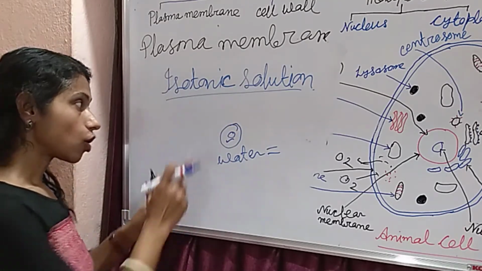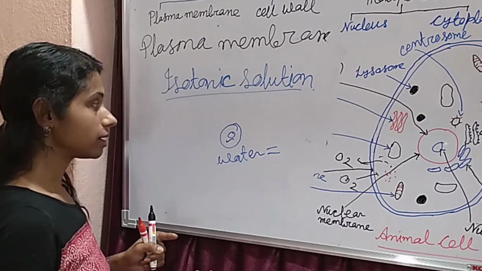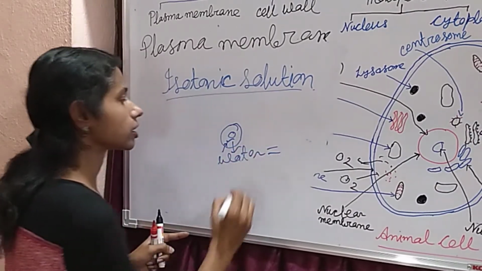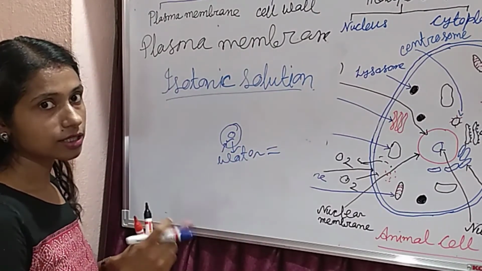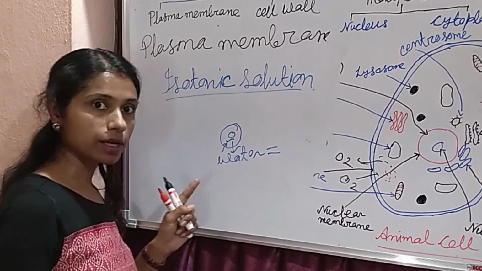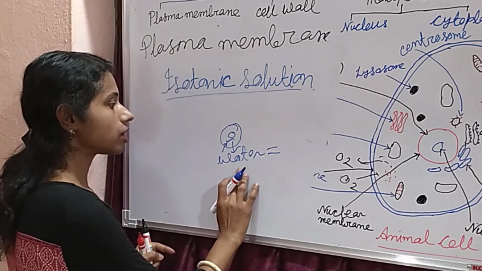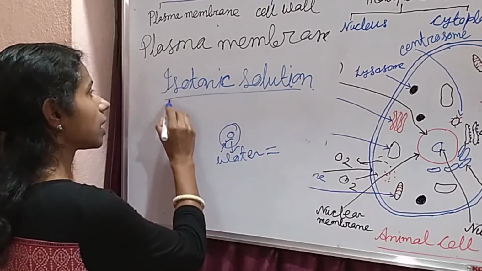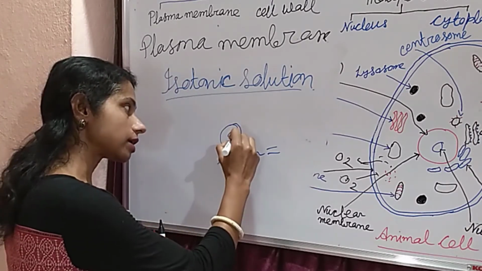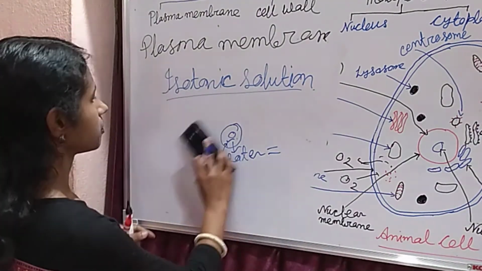But water can always get inside and come out. It just depends: an equal number of water molecules is getting inside and an equal number is coming out. This is the character of the cell. The cell can pass water through this selectively permeable membrane, the plasma membrane. So in the plasma membrane, if it is an isotonic solution, the concentration of water is the same inside the cell and outside the cell. Okay, next part